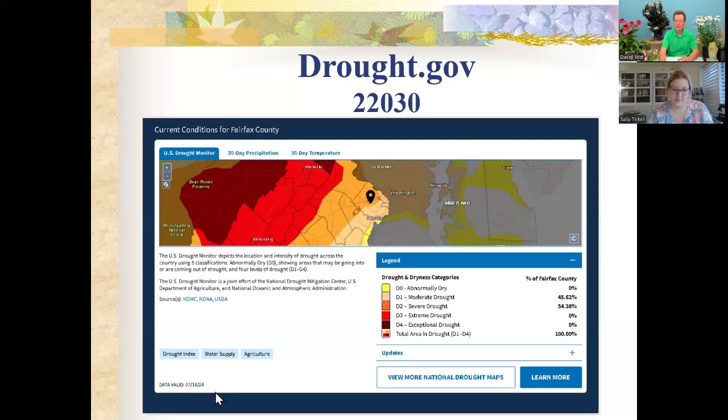They update the status every week. So this is as of July 16. It's the most current one. But yes, it's welcome that we've had a little bit cooler temperatures, and we've had some rain showers in here, but we are still in what's considered moderate to severe drought conditions. So if you're wondering how hot is it, how dry is it, that's the situation that we find ourselves in.